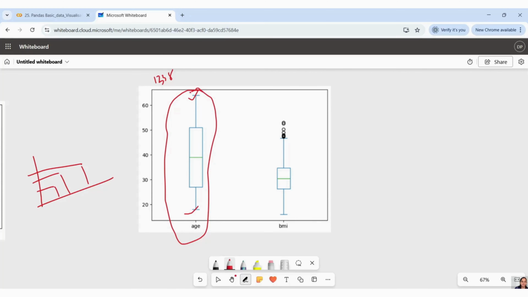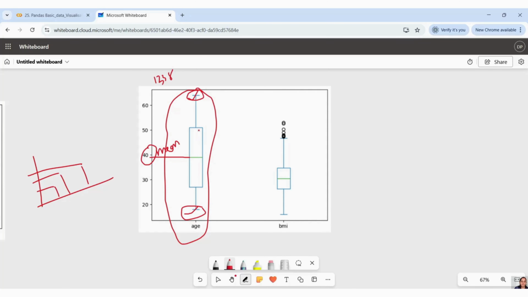These two are called whiskers, like we already understood in our plotting session. This is whisker and this is your mean line, guys. Okay. This one is your mean line, right? This is your mean. That means the meaning of this is my age is almost like the maximum age, like those who are taking insurance are almost between 38 to 40 ages. 38 to 40 years, right?